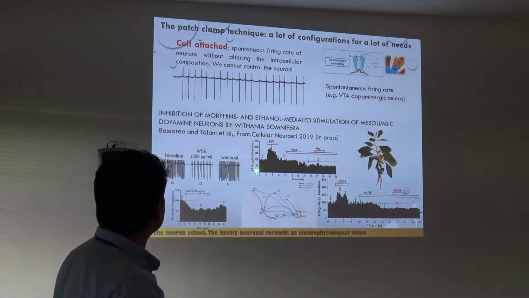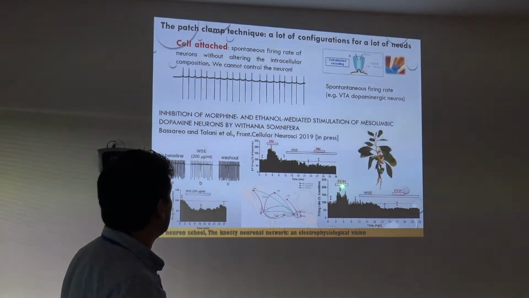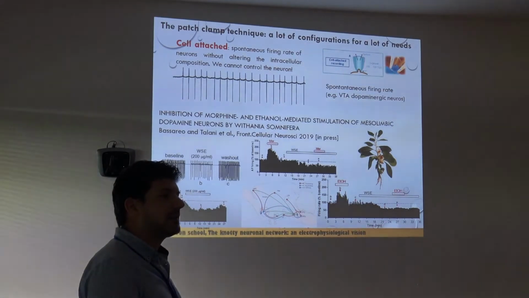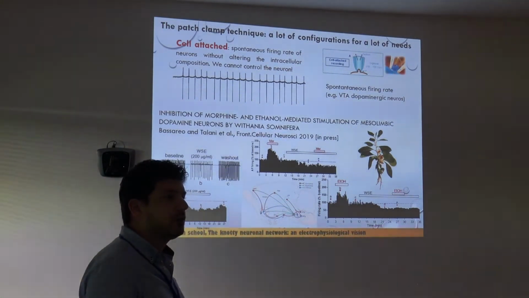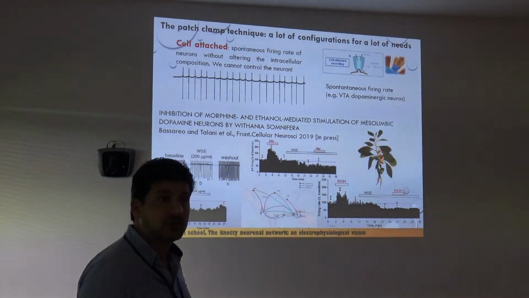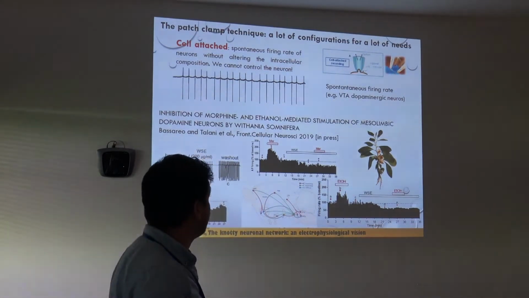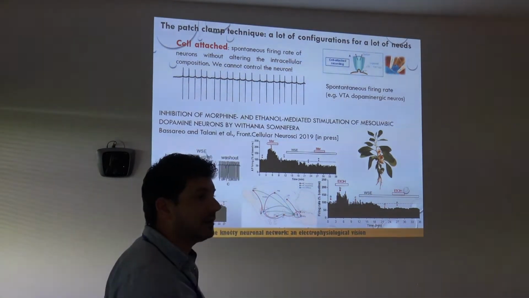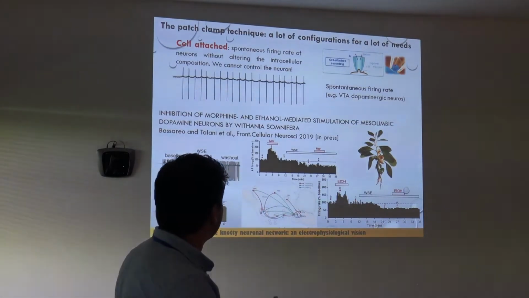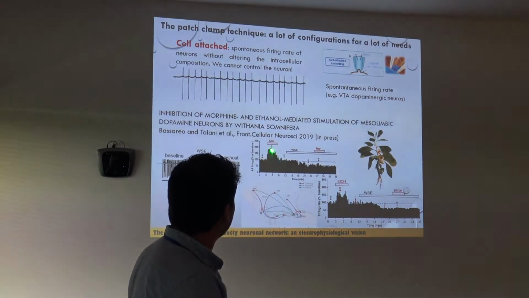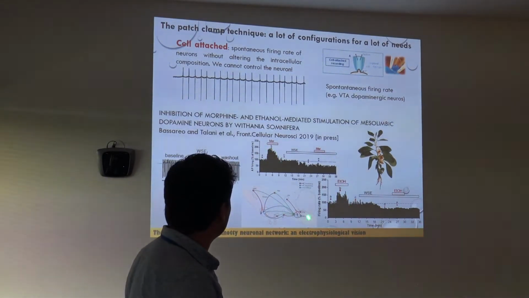As you can see, we studied the effect of morphine or ethanol on VTA dopamine neurons. The VTA increases the firing rate of dopamine neurons if you do something that you like. If you smell chocolate, if you have sex, or if you are exposed to some natural reward, for example. But as you can see, morphine and ethanol are able to increase the firing rate of dopamine neurons of the